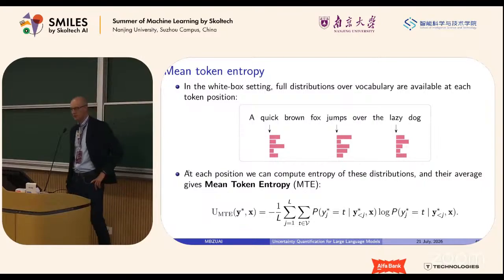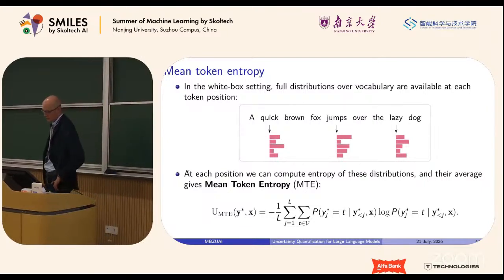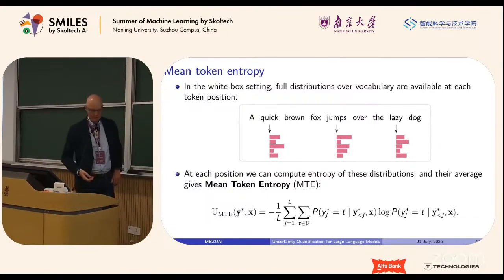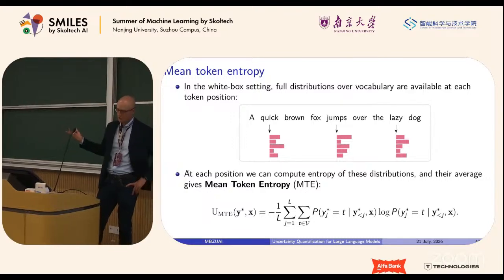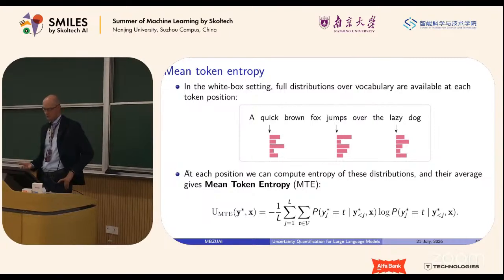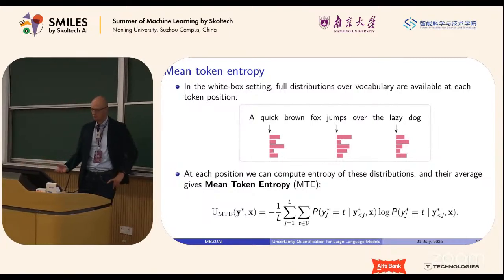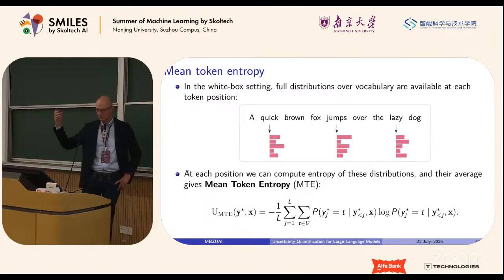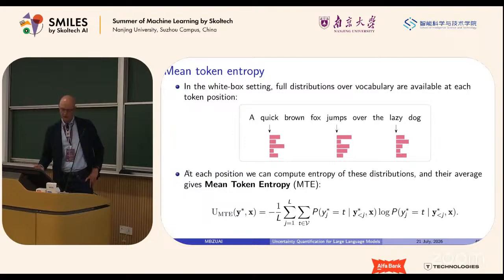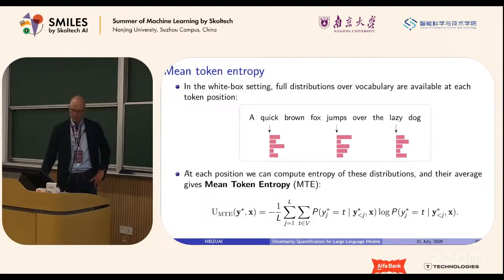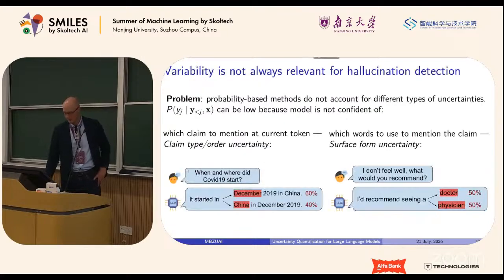Right, so what are other things that we can do with our logits? Well, we can compute something like mean token entropy. Each generation of each token is a decision, and we can compute entropy for this decision, and then we can somehow aggregate this entropy. There might be different ways of aggregating entropy. You can take the maximum, you can use average. Here, for example, we can use average, which leads us to the mean token entropy. Also, pretty good approach, which is usually a good baseline, but once again, very, very simplistic.